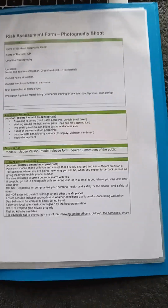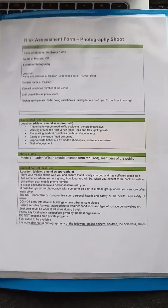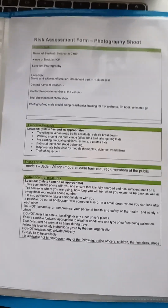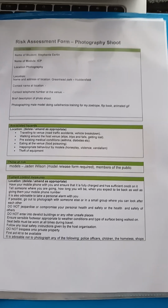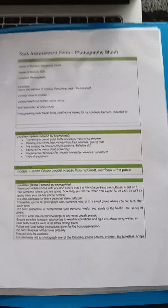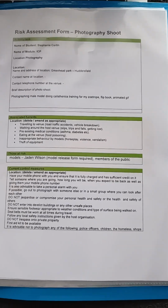So, investigating through the course materials, I've looked into collaborations, and I've found a young textile slash fashion student. His mum is a client of mine, and I've asked if he would be interested in doing a collaboration, either using my textile samples within his fashion work, or if he would be interested in being a model, because I'm interested in using the body as a platform to display and investigate